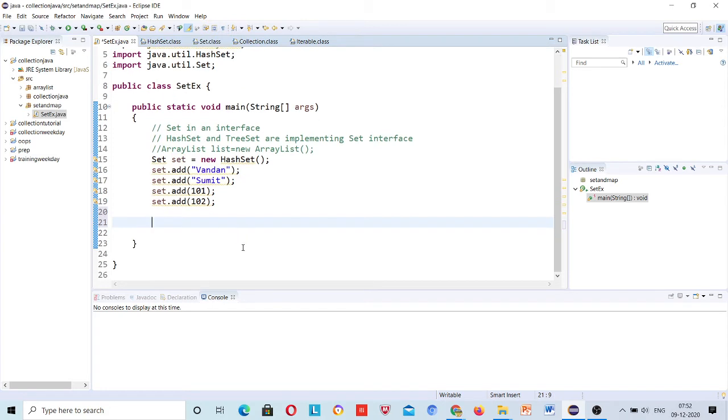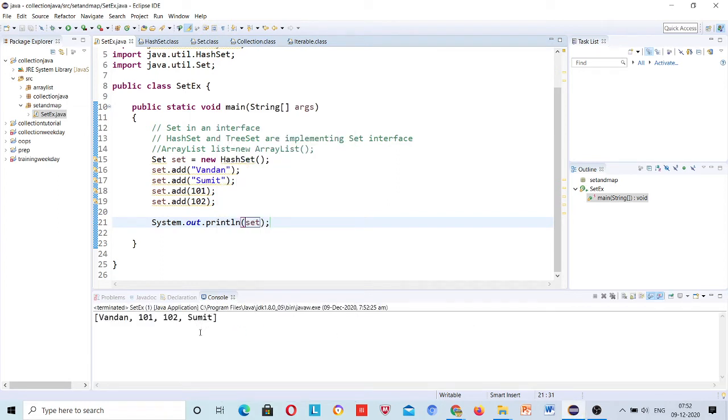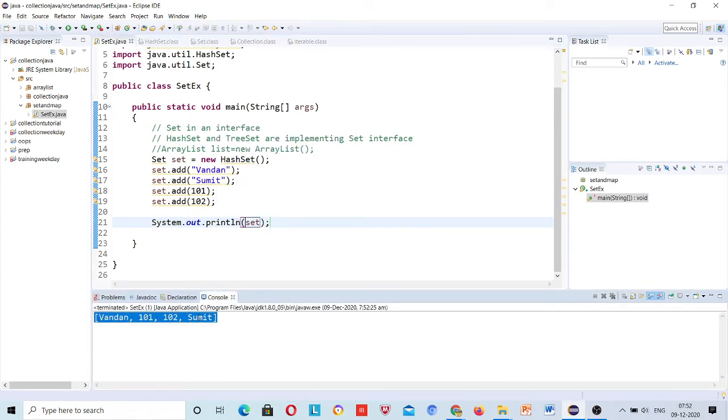And then what we should do is just print it. This set we need to print. Okay, so it will be printed like this. Now how can I print it properly?